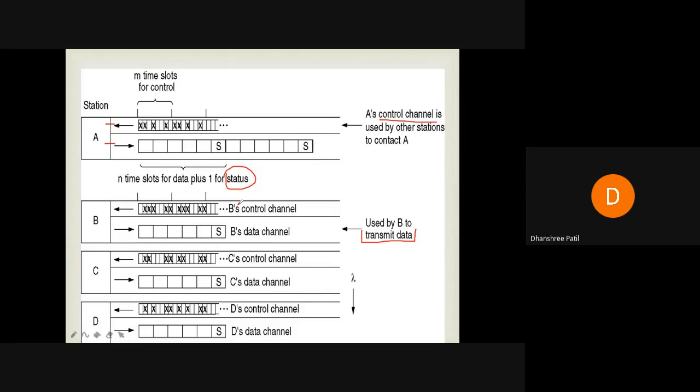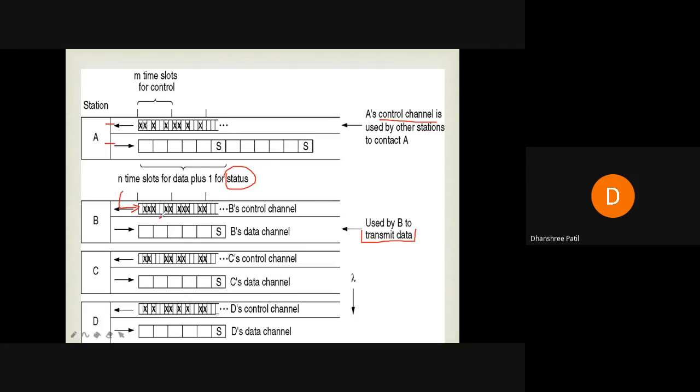Okay, so that we have seen one example. Also I have told you that if suppose A wants to communicate with B, then how the communication will happen in general. So A will establish a connection request with B first. जर सपोज ए ला बी सोबत कम्युनिकेट करायचं आहे तर ए काय करेल, फर्स्ट बी सोबत कम्युनिकेशन रिक्वेस्ट एस्टॅब्लिश करेल, and this communication request is established by using the control channel.